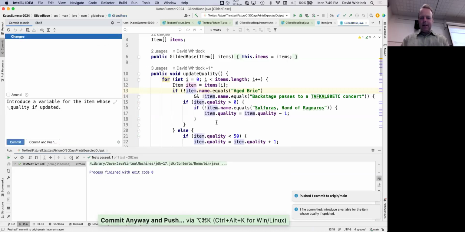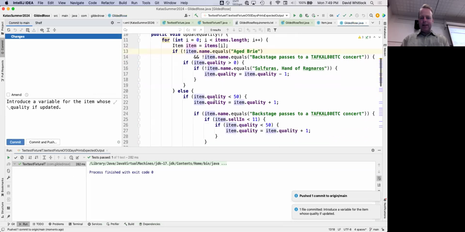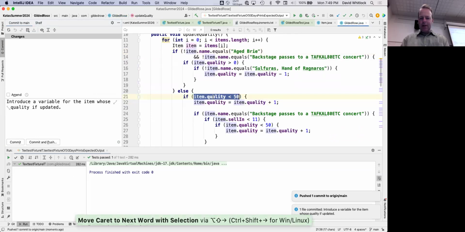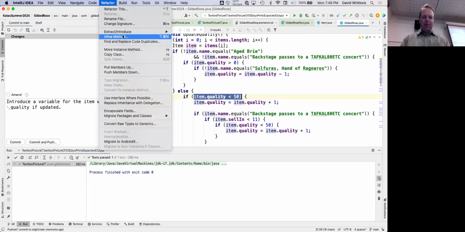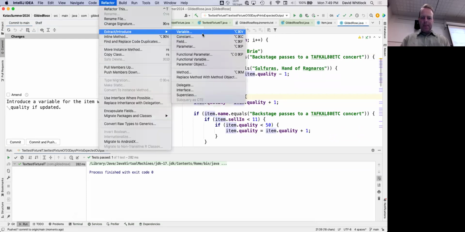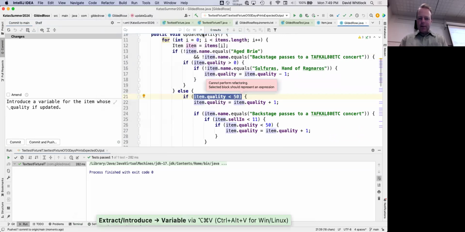And the next thing that you all were noticing is that this quality less than 50 is repeated all over the place. So here I'm also going to create a variable. And I'll use the menu again. It's just the urge to use the keyboard shortcut. Oh, wait a second. It has to actually be an expression.